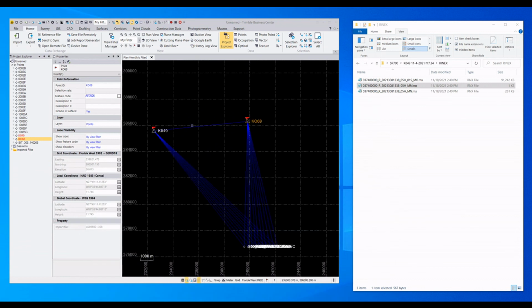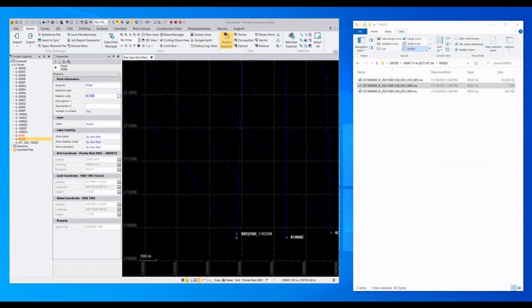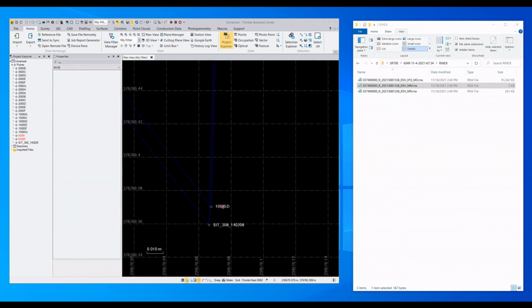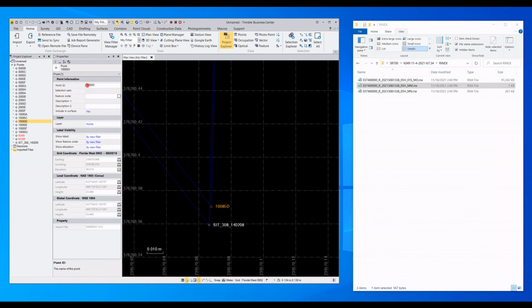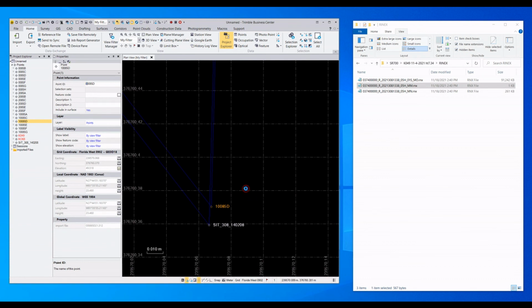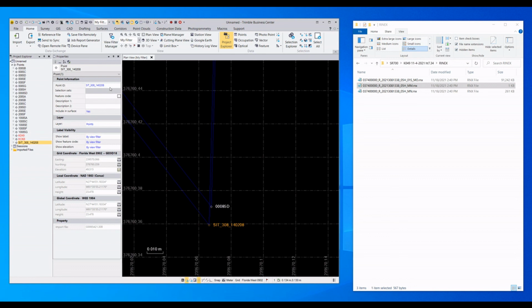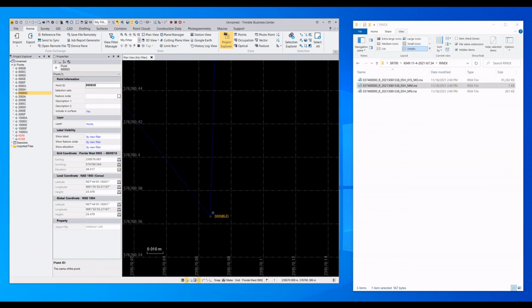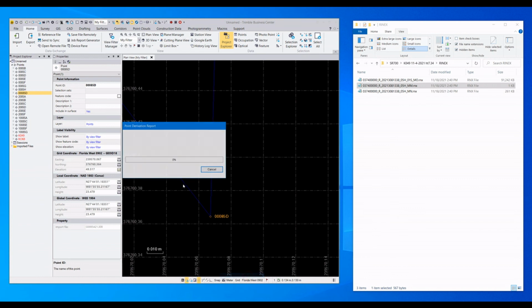You could solve that by going out, bringing in CORS data. Instead of using these two passive monuments, bringing in a CORS station and seeing what the difference is, to bring in yet a third, essentially base station. But let's just go ahead and change these and see. All right, so that's 0085D. It'll ask me if I want to merge them. So it merges. If I hit this, it's going to recompute them, and it's going to find the average of those 2 points. So again, if we look at the point derivation report,